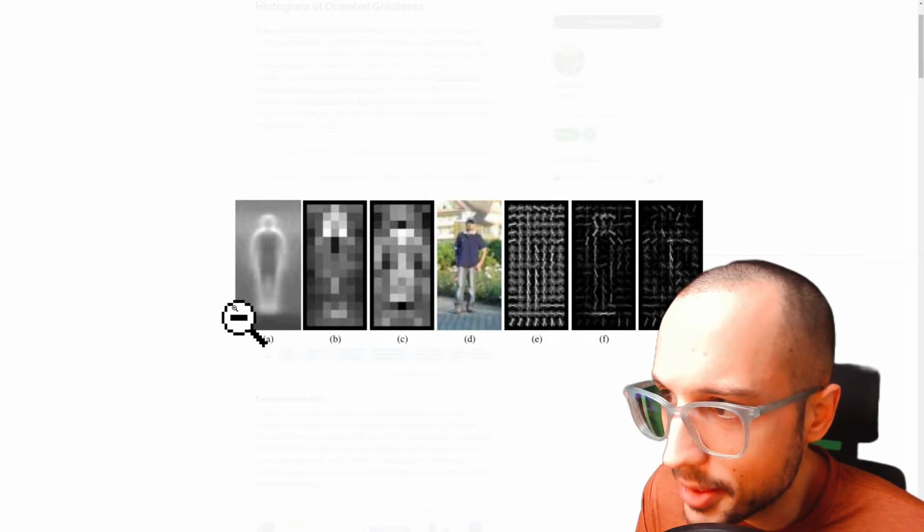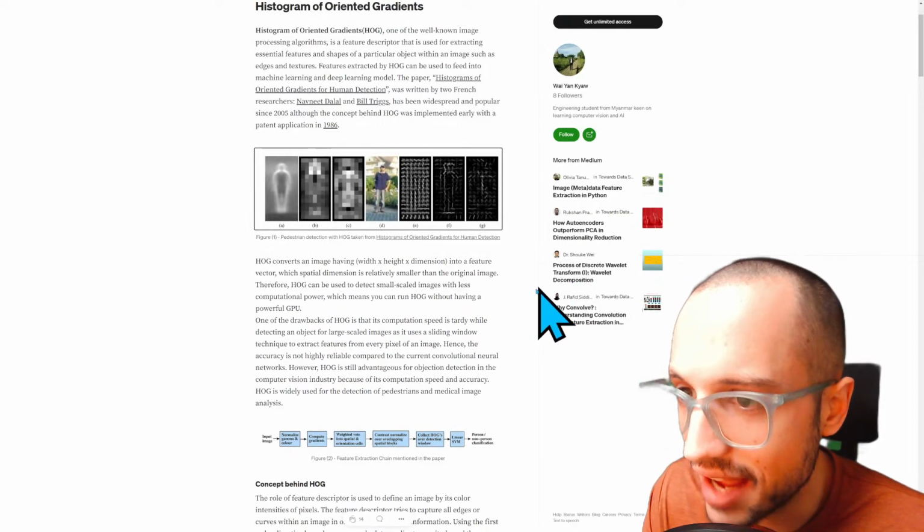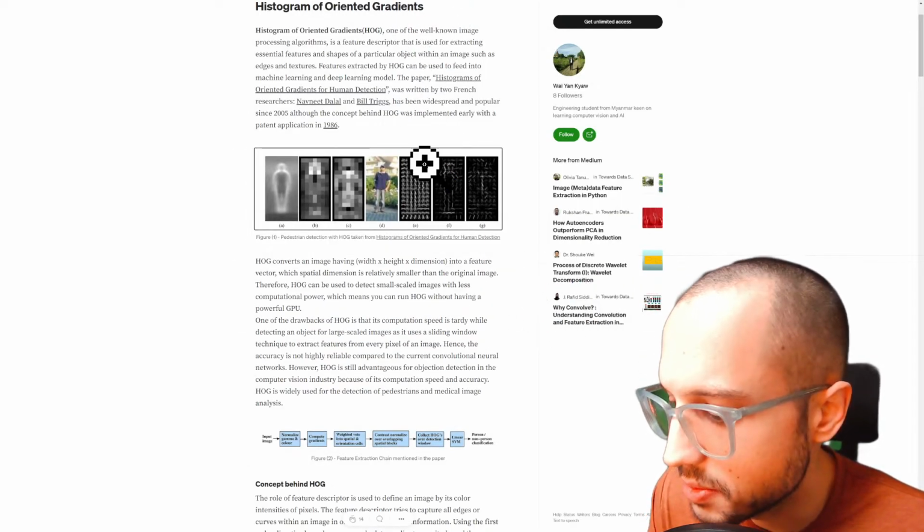Where you would basically get an image, and you would turn it into gradients. The gradient here refers to the black to white, white to black, kind of shades of gray. Then you would get all these vectors and align them with this engineered feature map that someone designed that kind of looks like a human. And if the gradients just so happen to overlap with that, then you would have a high activation and you would be pretty confident that